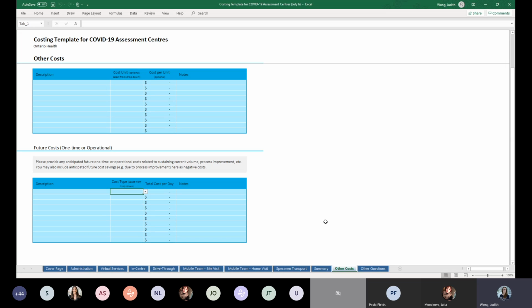So if I'm interpreting what this model is, it's that you're sending your staff to support another assessment center. That assessment center should be sending a template to us that reports all of their costs for running that site, and that would include your staff supporting that. So they would report your staff on their template and note that it is in-kind support from you.